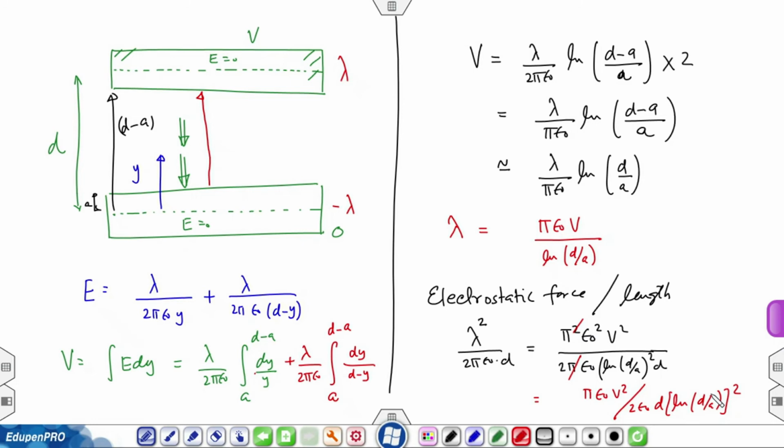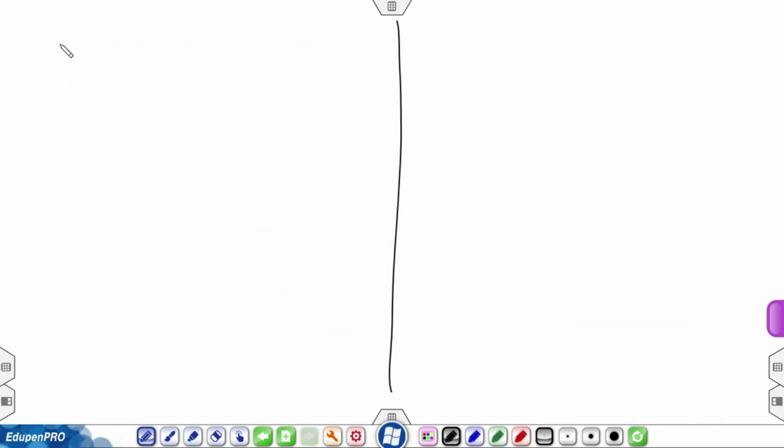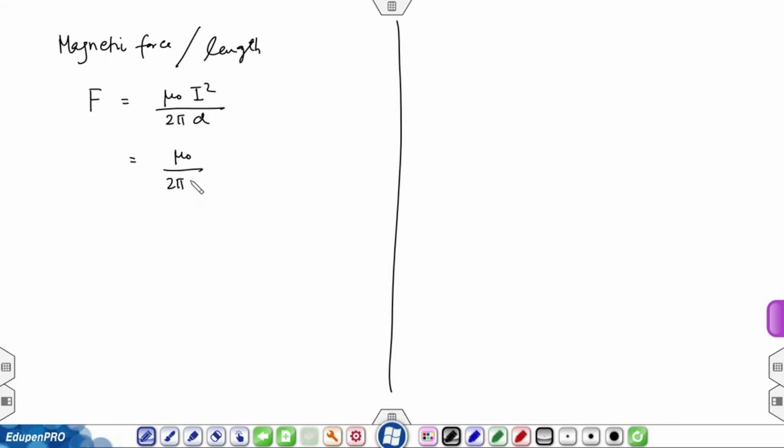Now, I will calculate the magnetic force. Magnetic force per unit length by Ampere's law is equal to mu 0 I squared over 2 pi d, which will be mu 0 over 2 pi d, where I is nothing but V over R, squared. This is the magnetic force. So, the wires will repel